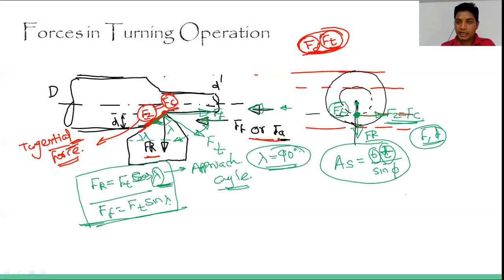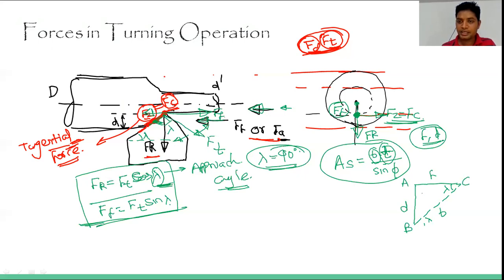Okay, so in case you are given feed and depth of cut, so this is basically the depth of cut and feed is moving in this direction. Let me make a figure of this: suppose this is the feed and this is the depth of cut. Okay, if this is lambda, this is lambda, then this will be lambda. Now perpendicular to this is basically the width. Okay, this is a, b and c.